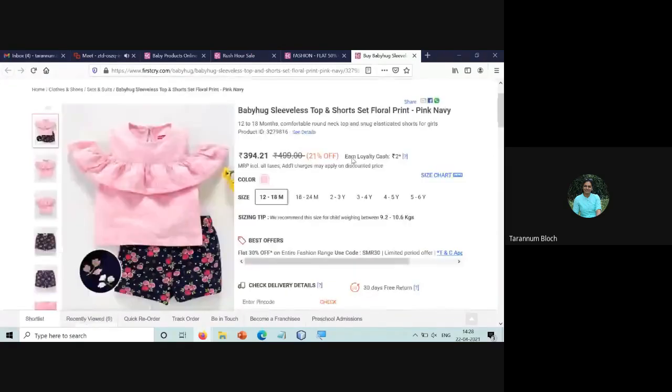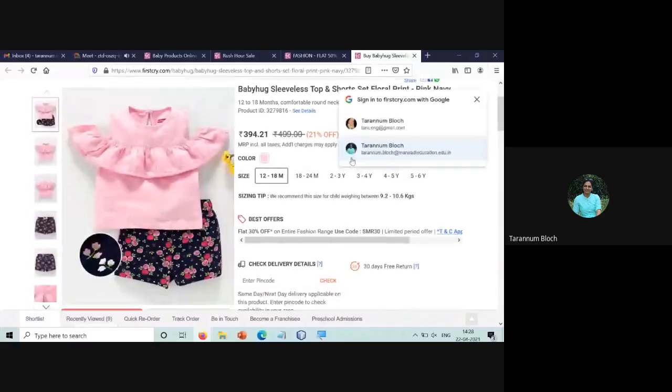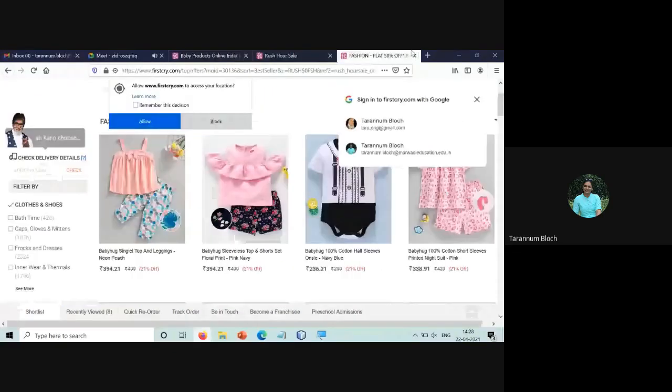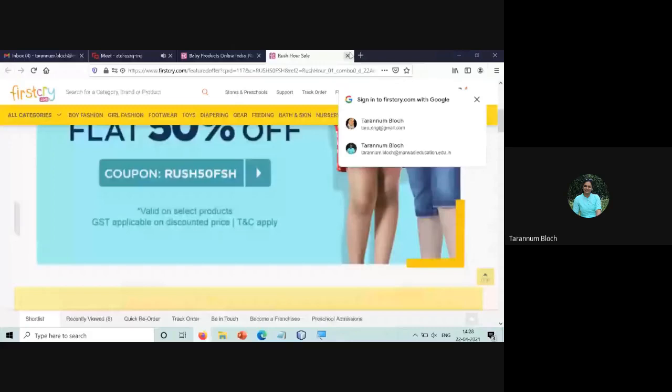But it is giving me strike over there, and it is saying that this is 394, 21% discount. So this is strike through. So a line over the word is a strike through, and when you do underline, that is a line beneath the word, so we call it underline.